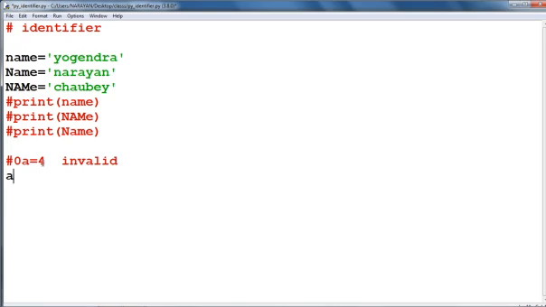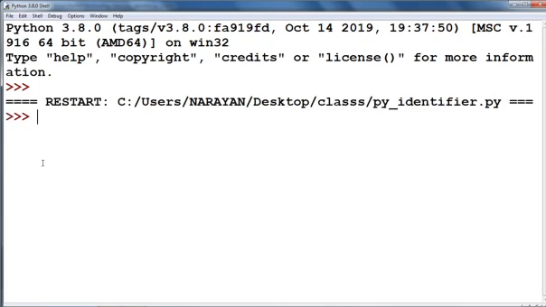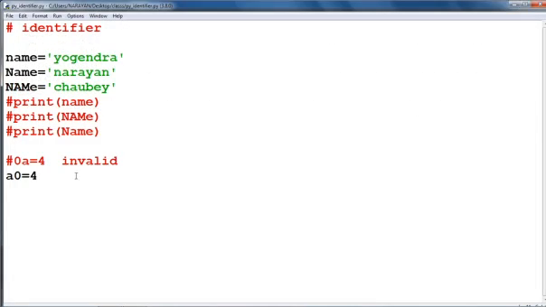If instead we write a0 equal to 4 and run this program, see, there is no error. Your program is executed. We are not printing the value of a, but if we print it, it will be displayed. That means this is valid.